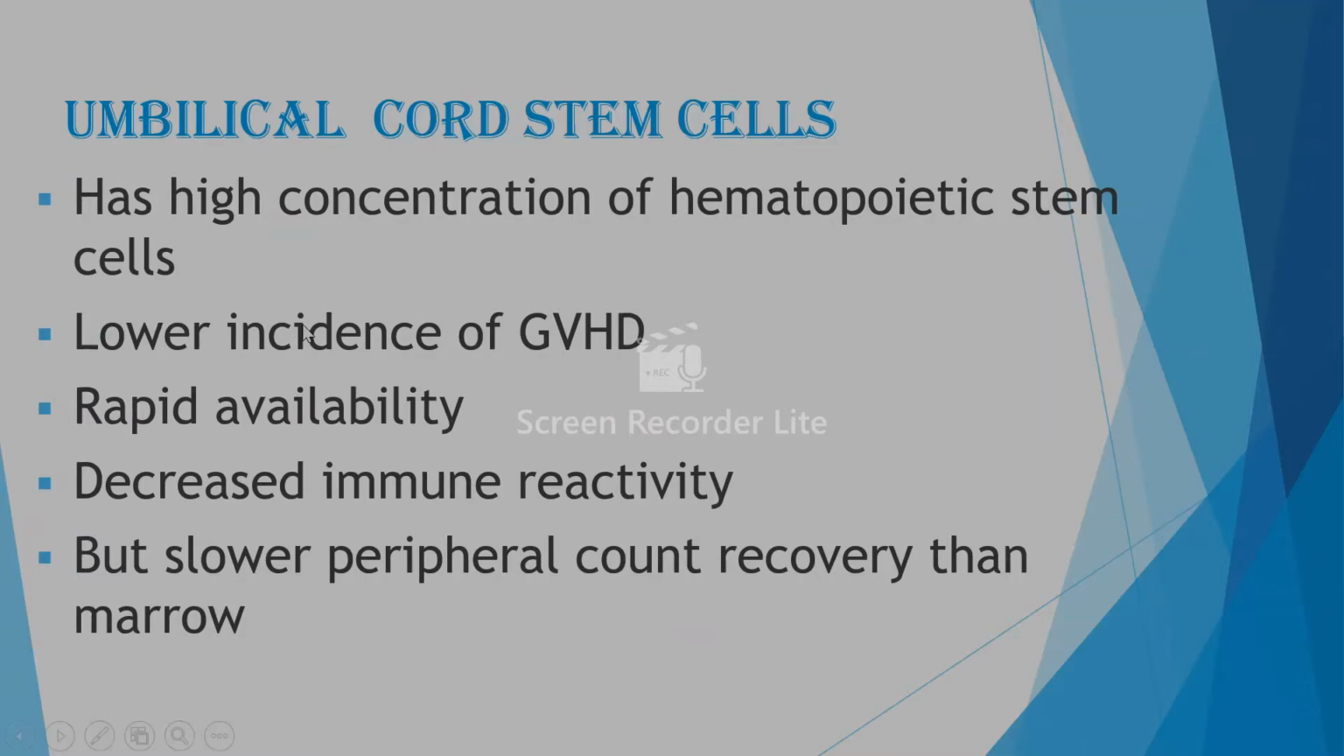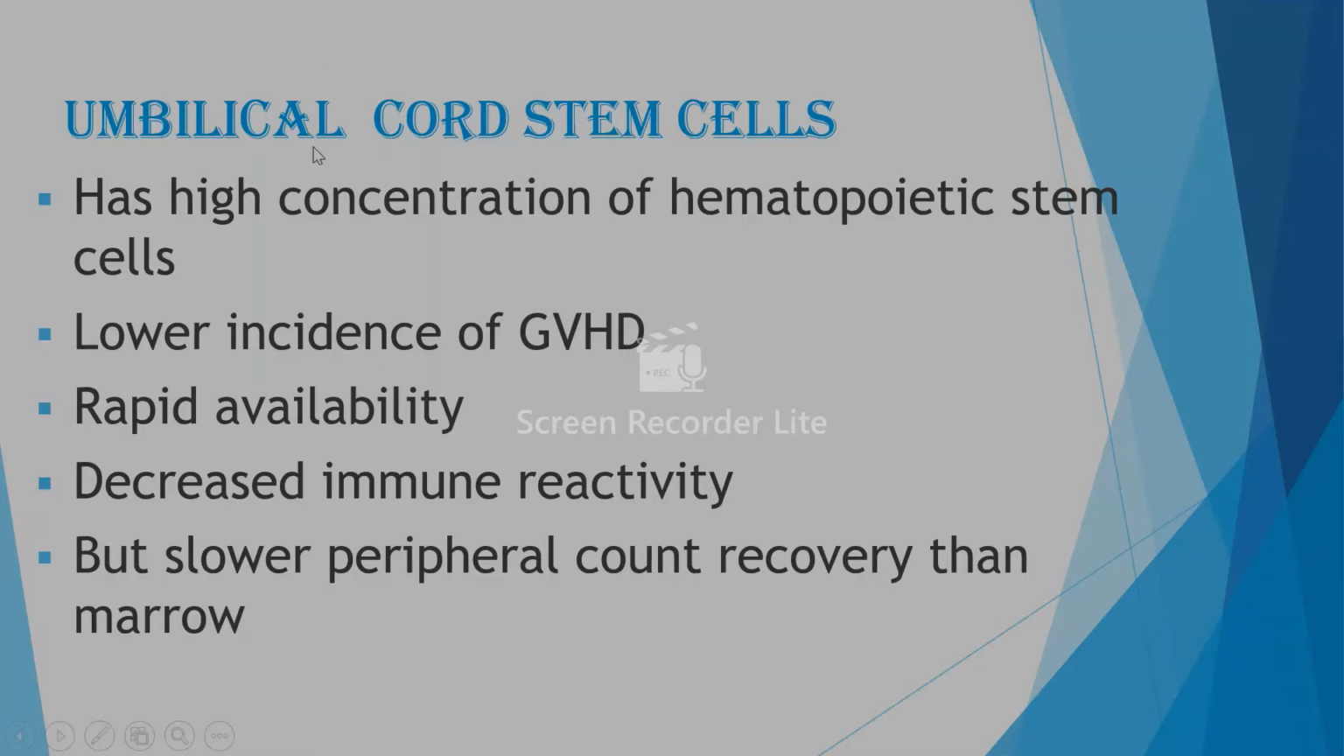Now the characteristics of umbilical cord stem cells: they have a very high concentration of hematopoietic cells, and among the various side effects of transplantation, graft versus host disease is very low with umbilical cord stem cell transplants. These cells are rapidly available and they have decreased immune reactivity in an individual. The only minor side effect is that peripheral count recovery after the transplantation is slower